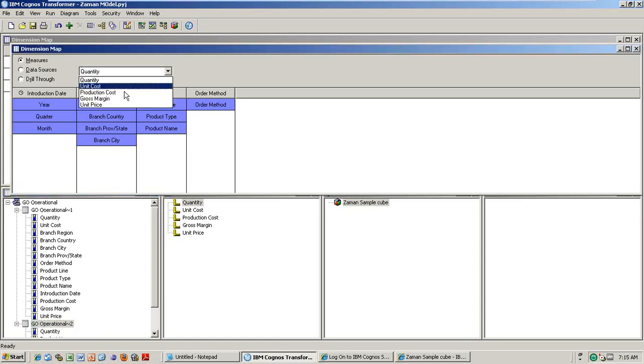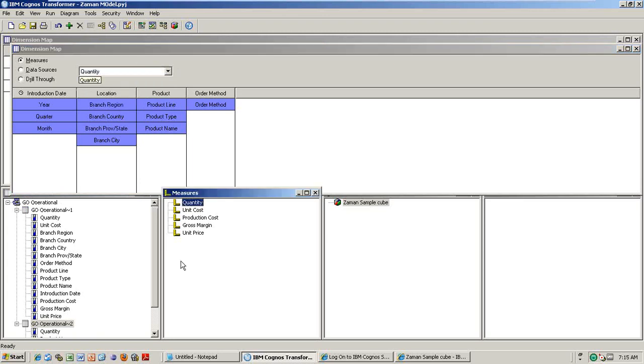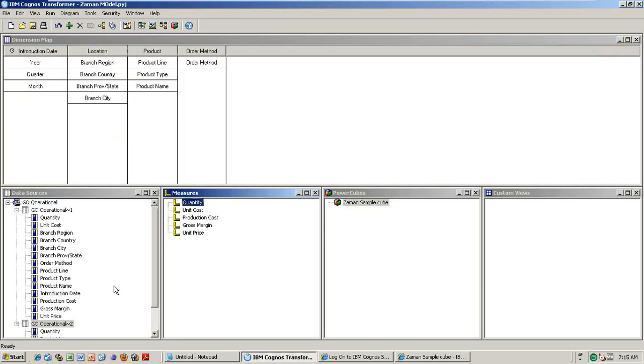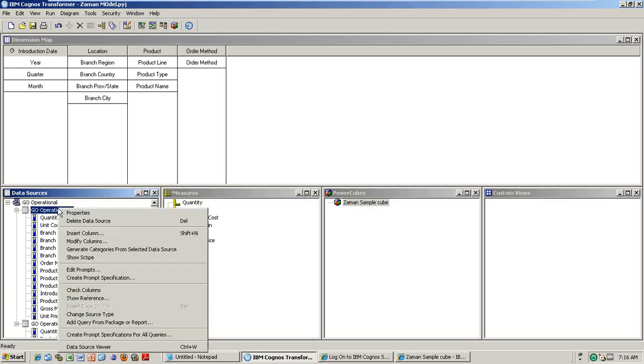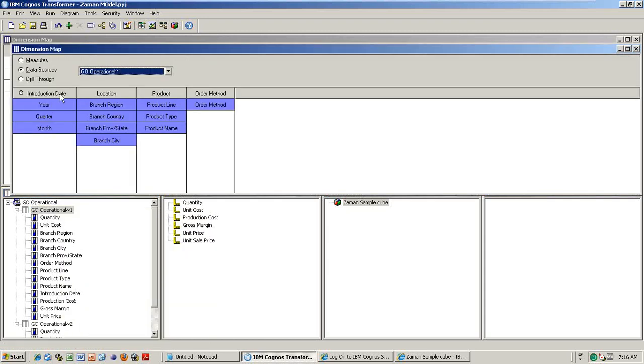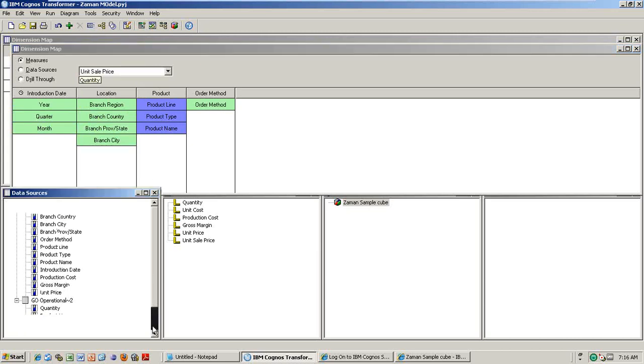Now, for example, if I'm taking the unit sale price, now you show the diagram. So measure value. If it is a quantity, what will happen? See, all the things are available. But if I'm taking the unit sale price, what is the reason for this? Because unit sale price is present from the second query.